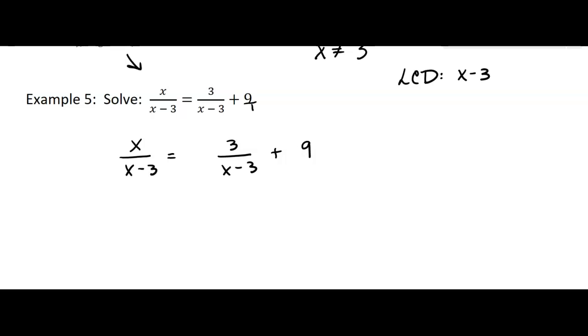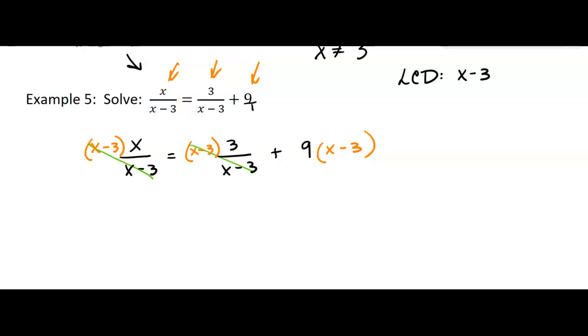So everything gets multiplied by x minus 3. And I'll use parentheses. So this gets multiplied by x minus 3, this gets multiplied by x minus 3, and the 9 gets multiplied by x minus 3. Okay? So don't forget to multiply the 9. Sometimes students forget that. All right, that's the LCD. This gets an LCD, this gets an LCD, and the 9 gets an LCD. Okay? Great news. These cancel,